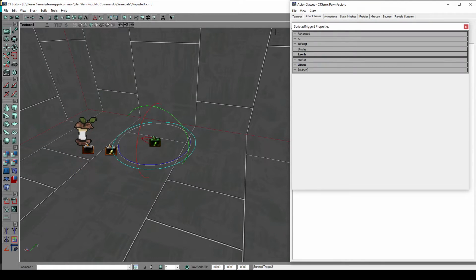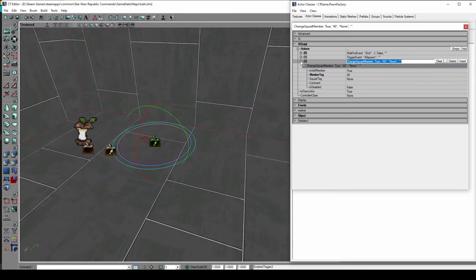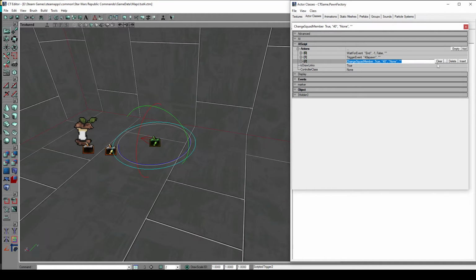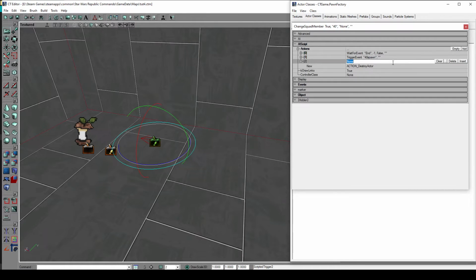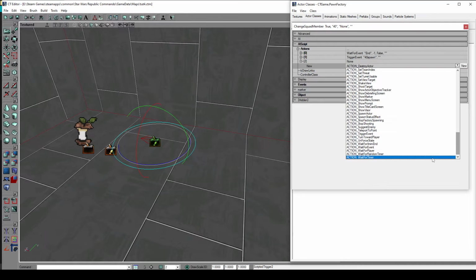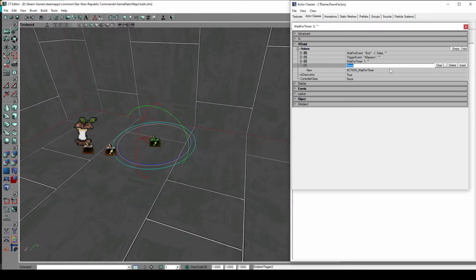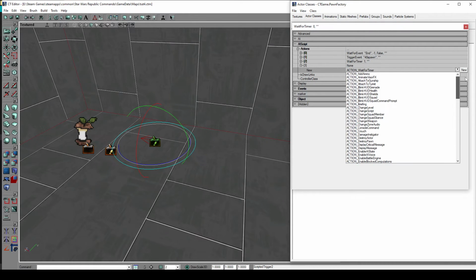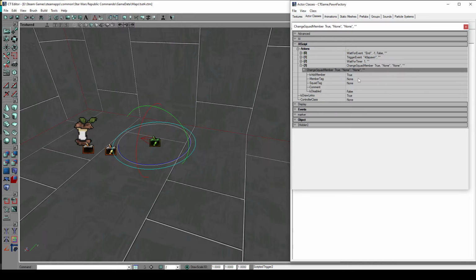Maybe. I'm not sure, but maybe you have to wait a little bit. Let's set the wait timer to 1 second. And then we use the change squad member new member tag for